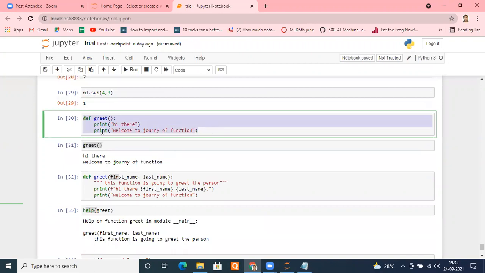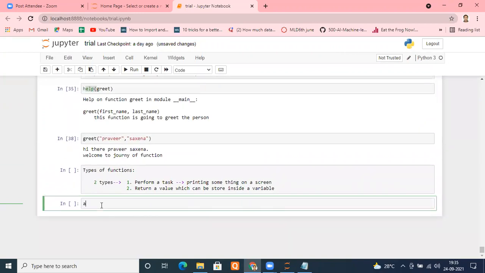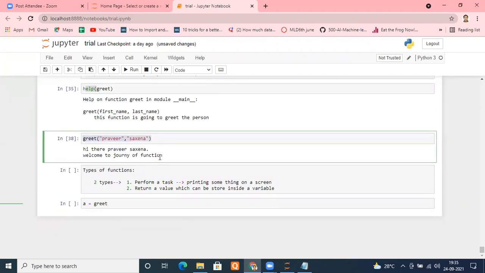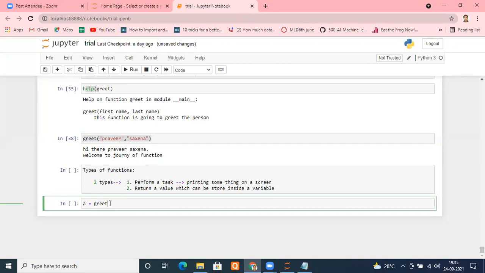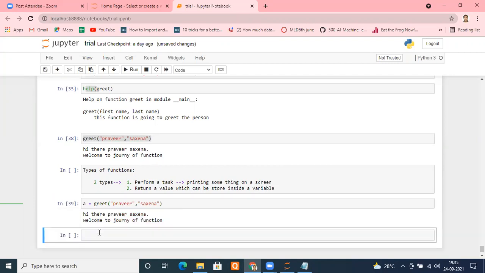Not returning means these values cannot be stored anywhere. For example, I try to do a equals to greet and put the same function here. Copying and pasting the same, I'm trying to assign this a value. Let me run this and check what is happening.